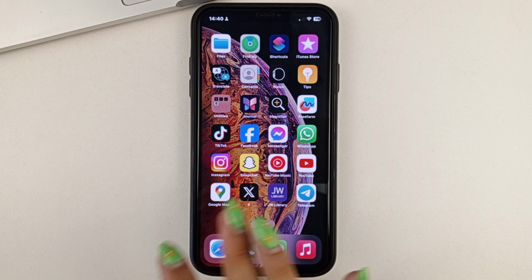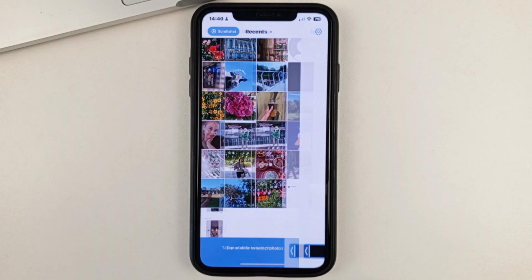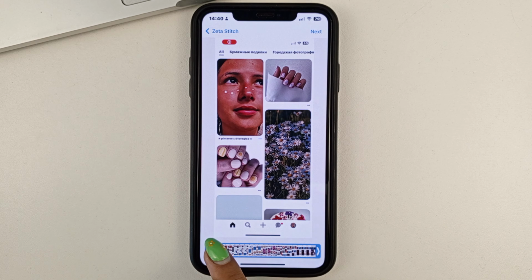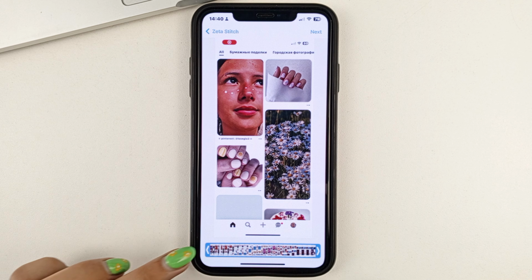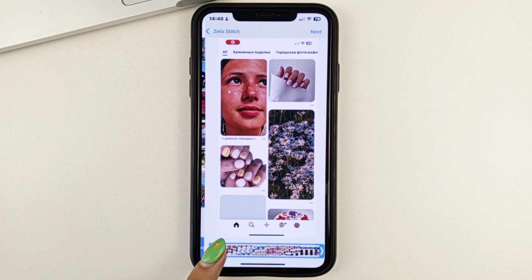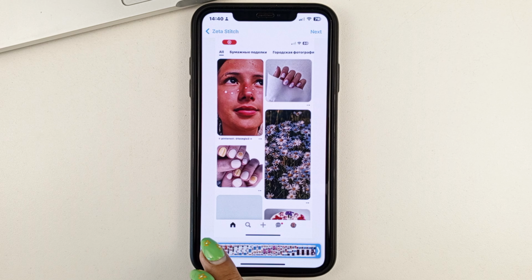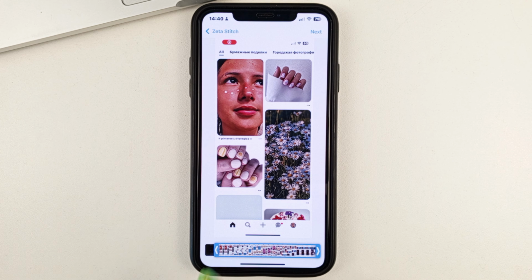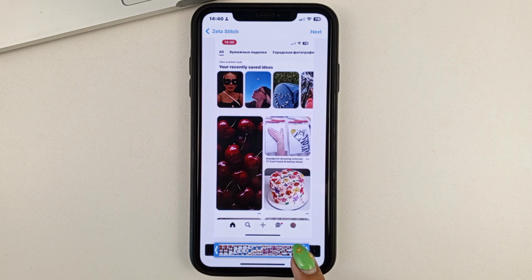Next, friends, go from Pinterest to the Zeta Stitch app. And you'll be immediately switched to the last video you recorded. You'll need to crop it. To do that, just at the bottom of this right here, move this line to where you want it to go and up to the point that you want it to go. Perhaps, as you can see, this can be a little bit hard to do, but if you try your best, you'll be fine. And also crop your screenshot on the back.